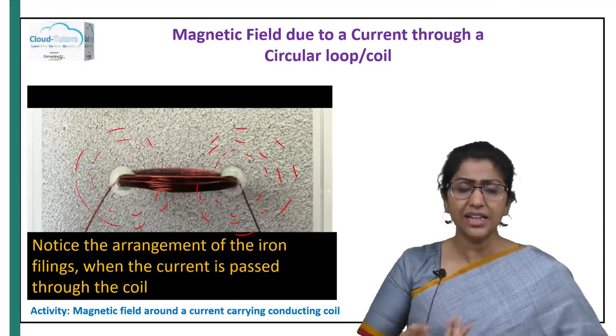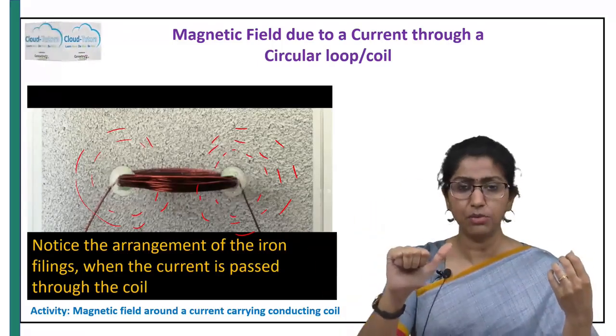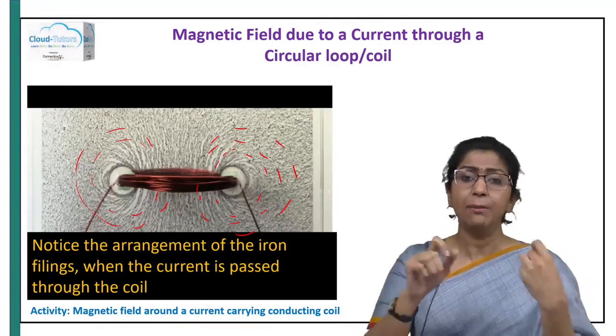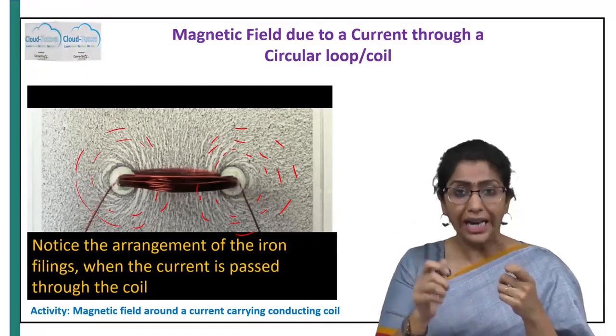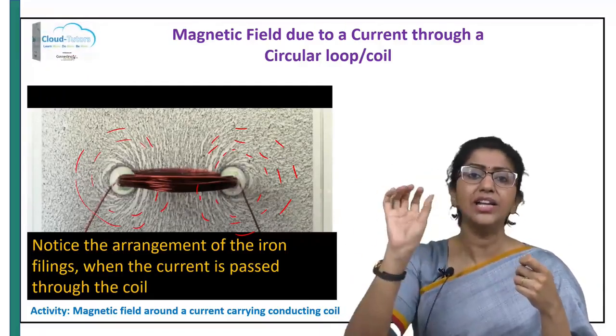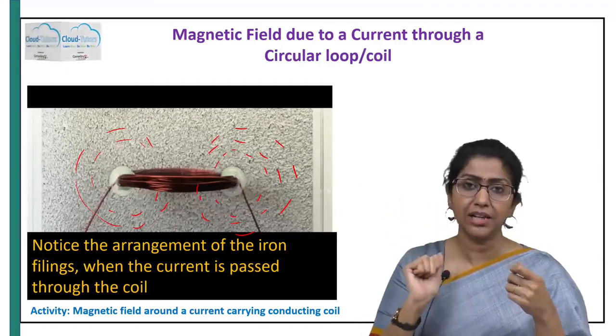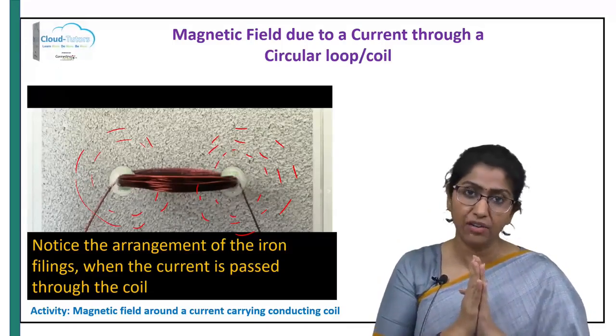Okay, it is nothing, just the straight wire. We had a straight wire and we used Maxwell's right-hand thumb rule with it, but now the straight wire is wound into a circular coil. Around this loop as well, we can use the same Maxwell's right-hand thumb rule and determine the direction of the magnetic field around it.